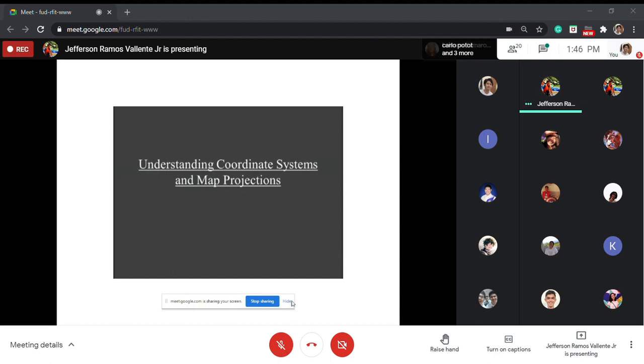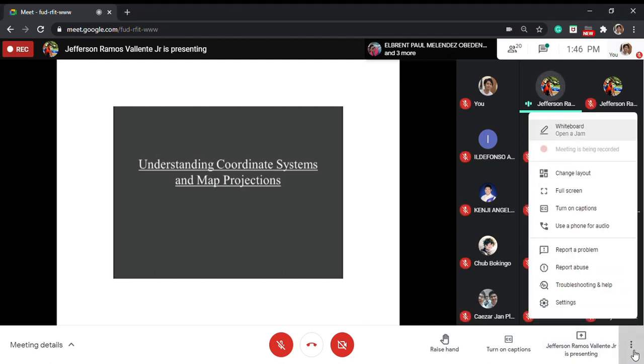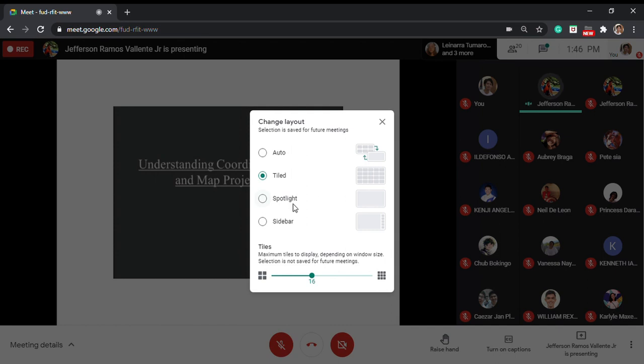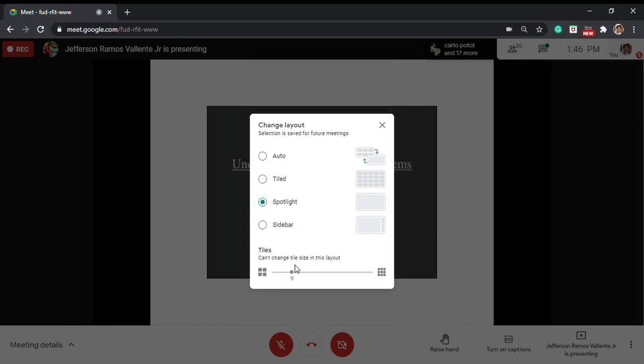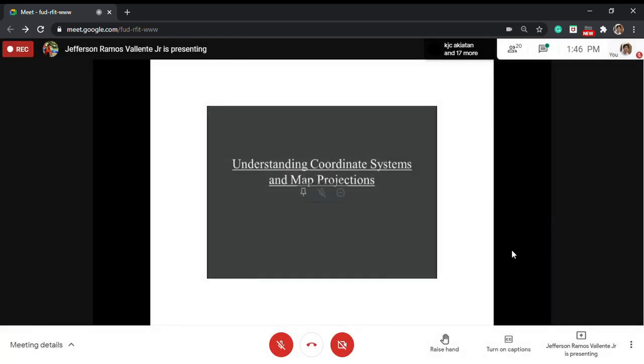Okay, so we need to understand the concepts first of coordinate systems and map projections. This will be used later when you decide which projection you will be using, so that you have an idea how skewed your map will be if you layer it with a certain or different projection. This is essentially true for our case. In the Philippines, we've been using different coordinate systems,